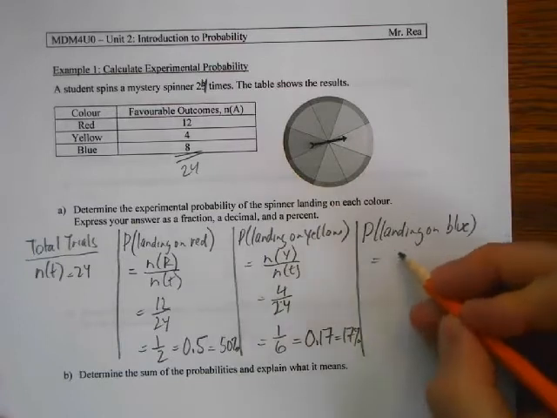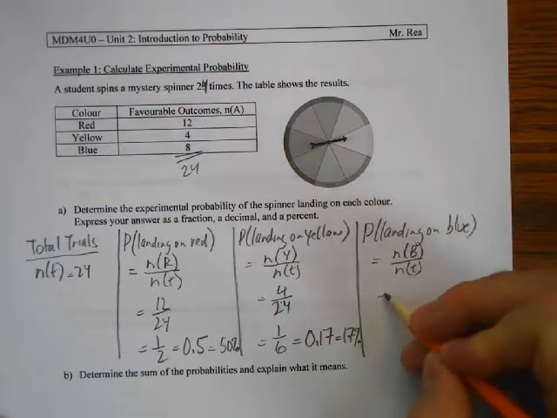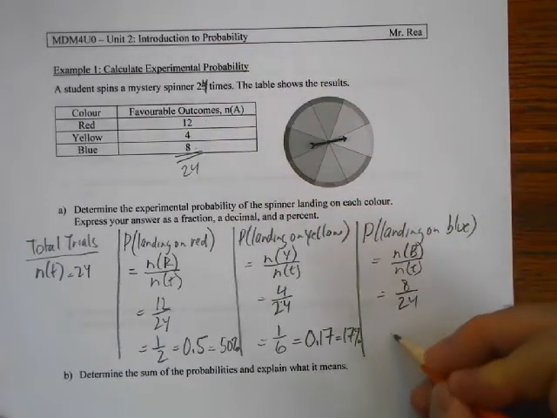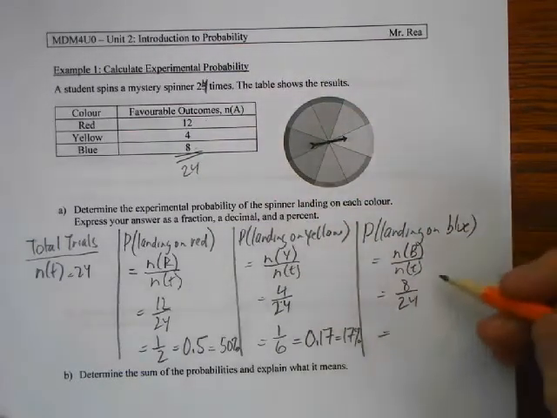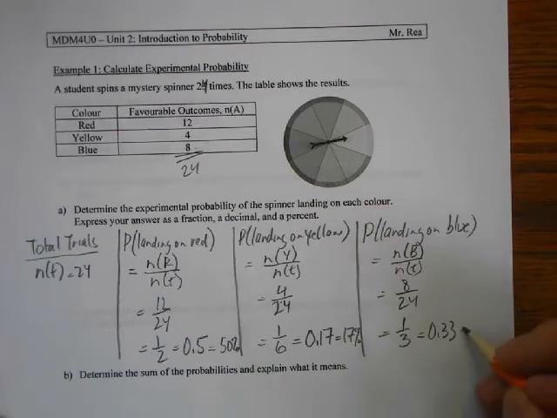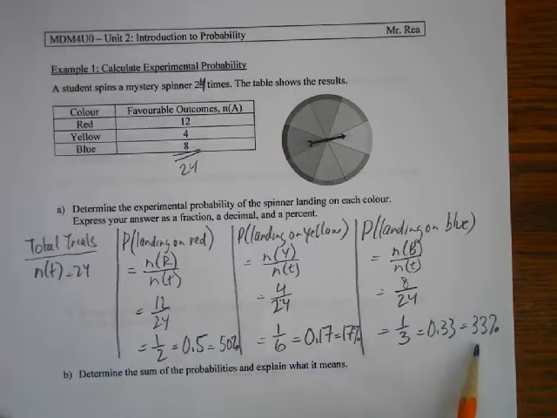That's equal to the number of times we landed on blue over the number of trials. So in that case, it was 8 times we landed on blue out of 24 times. If I reduce that fraction, it's 1/3, which is equal to 0.33 repeating, which is 33%. Okay. Now, if you did everything right, if you add the percentages, 33, 17, 50, they should add up to